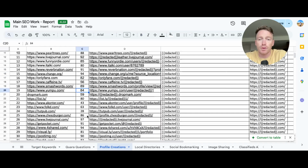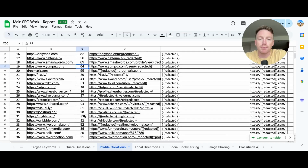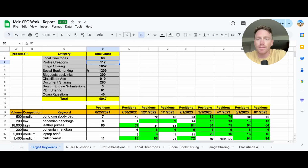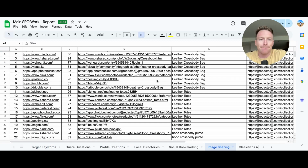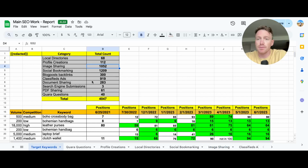They include getpocket.com, visually, Dribbble with 3 B's. That's what you get. Image sharing, 1,052 image shares apparently. Again, same terrible sites as the profile creations. You get 1,200 social bookmarks,